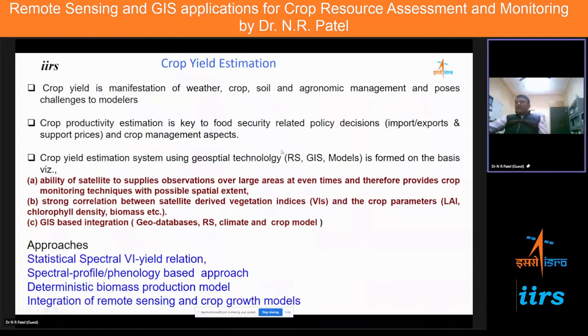Crop productivity is very useful for food security related policy decisions like import, export, minimum support price, and other crop management aspects. Today, based on the crop production forecast only, a policymaker or government can take a decision about whether a particular commodity has to be imported or exported. Also, minimum support price. Nowadays, 24 crops are covered under minimum support price, and government